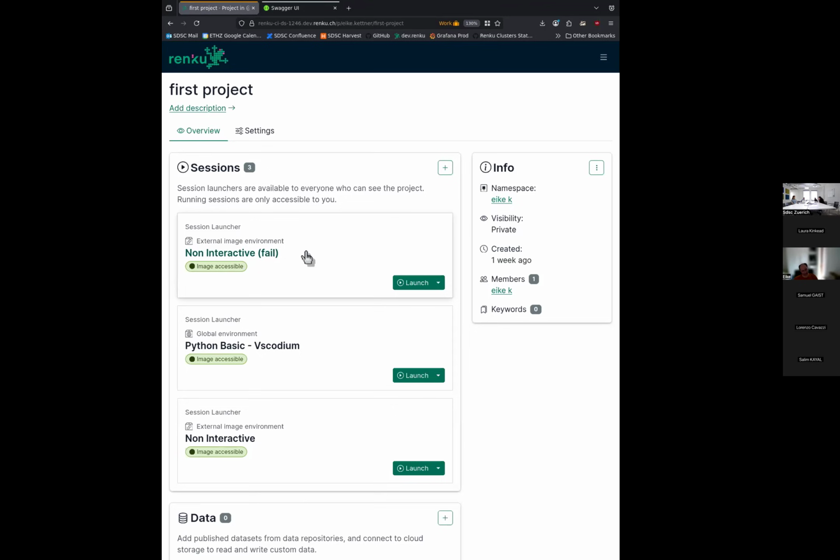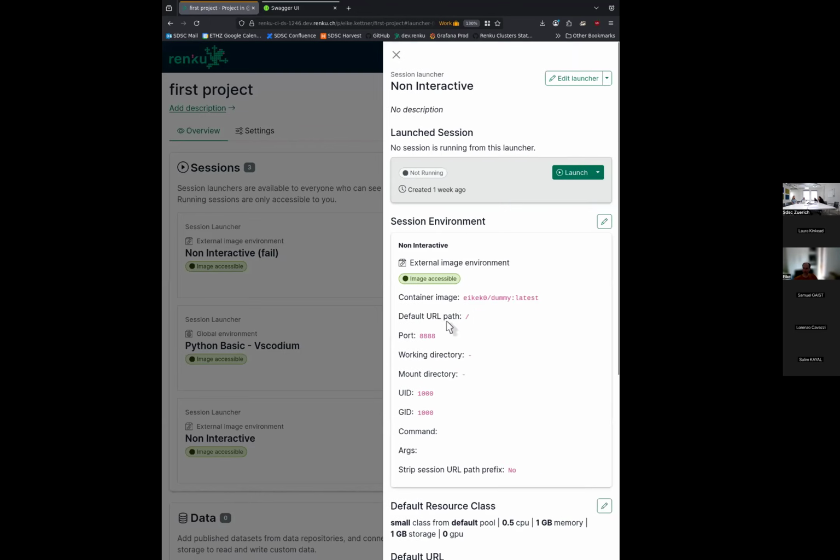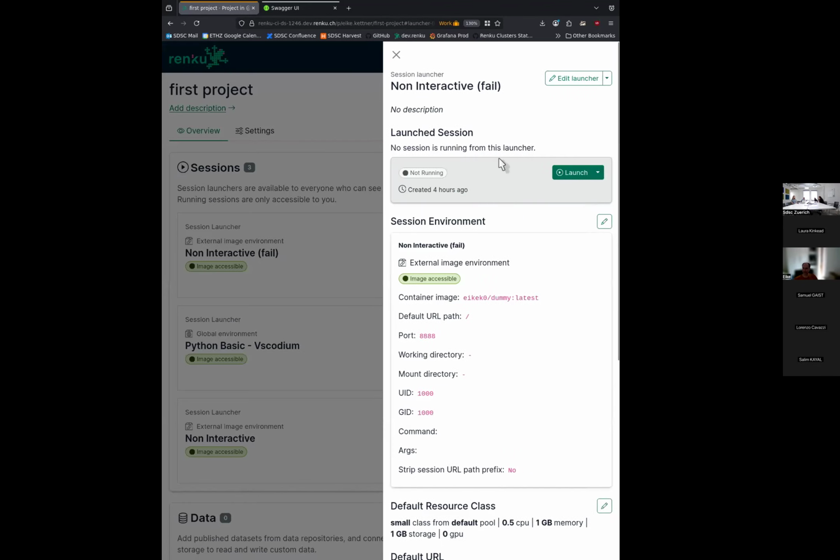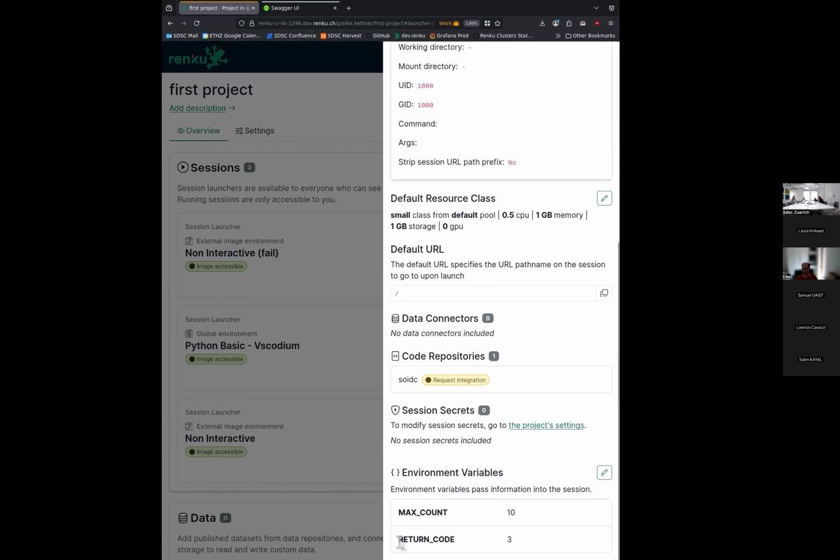For now, we can only start one job per launcher. That limitation is stemming from the way we do things right now. This should be, of course, improved. So there are many things to improve, like this is one first sort of iteration. And so just for the demonstration, I have one non-interactive launcher with my dummy image and a second one with fail, where I just tell my script to exit with 3. So we can see what happens when the job or the process doesn't